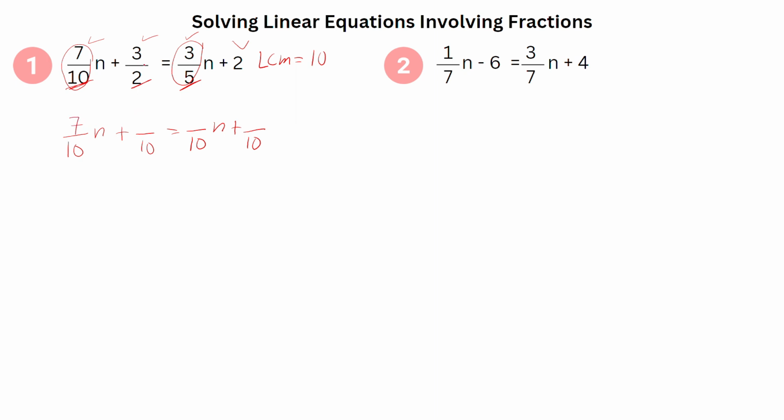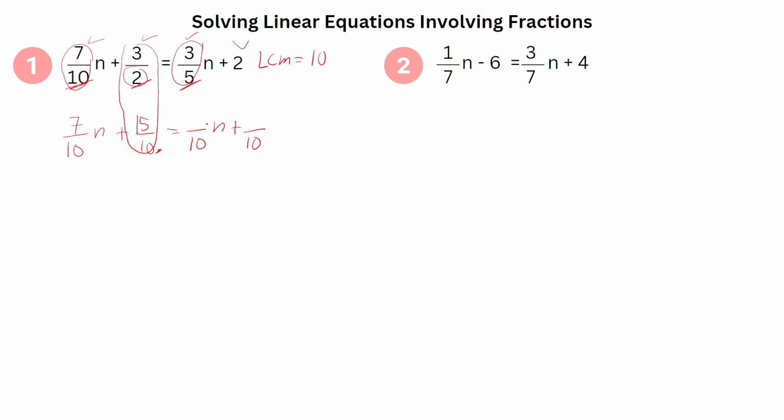Now, what about 3 halves? Its denominator is not 10, right? It's 2. What do we do, sir? What we will do is this: this is 10, 10 divided by 2. What's that? That's 5 times 3. Just focus on this one. So 10 divided by 2, that's 5 times 3 is